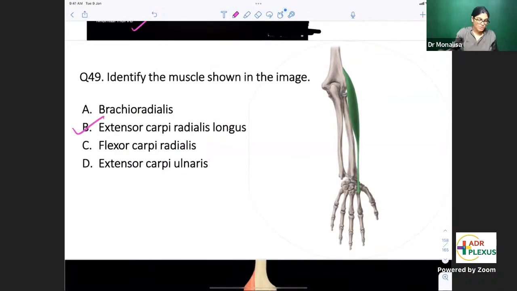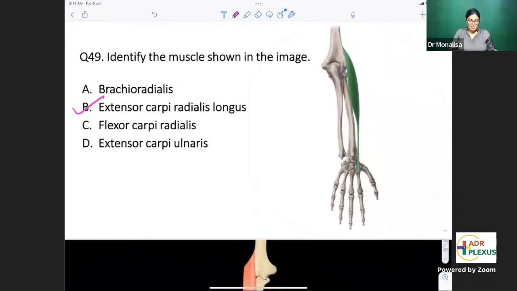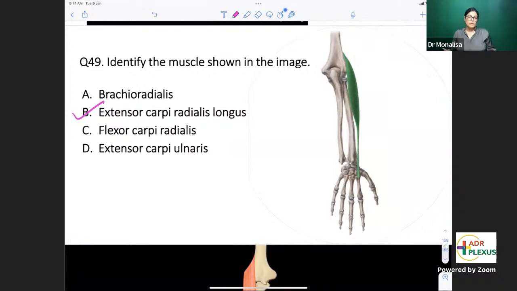Extensor carpi radialis longus is absolutely the correct answer, dear. Yes, it's absolutely correct. For this, I want to show you the image for all the options, and it will be